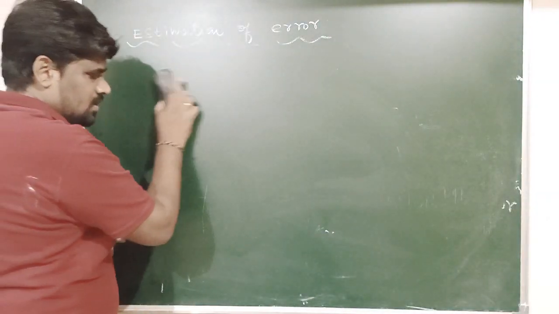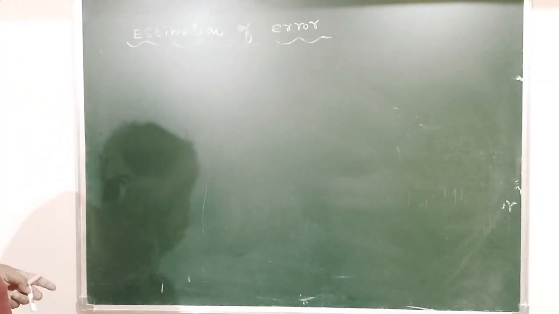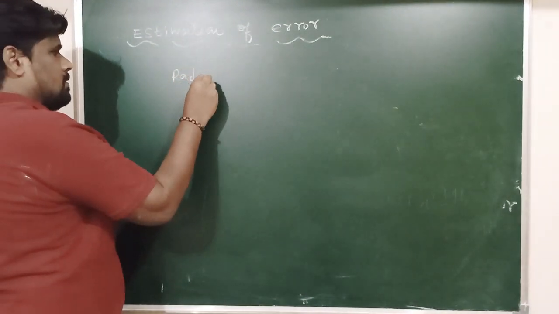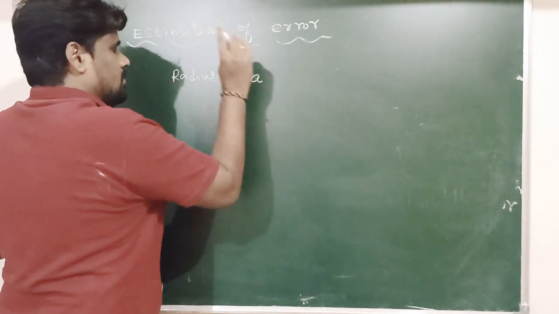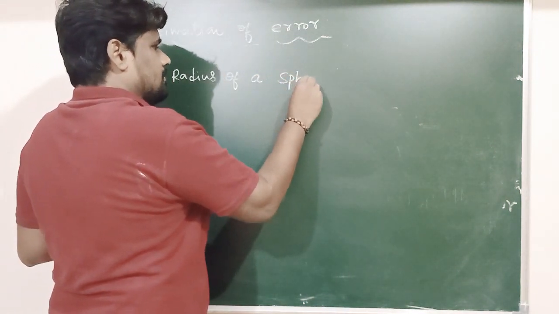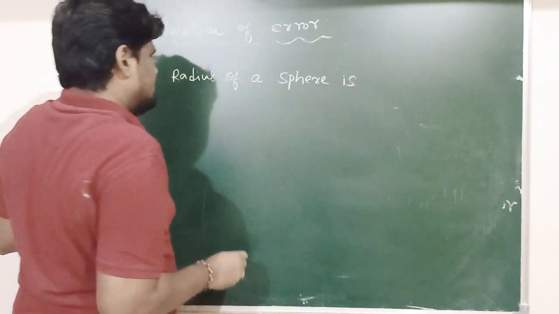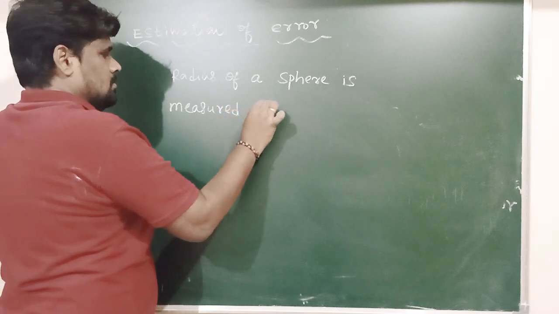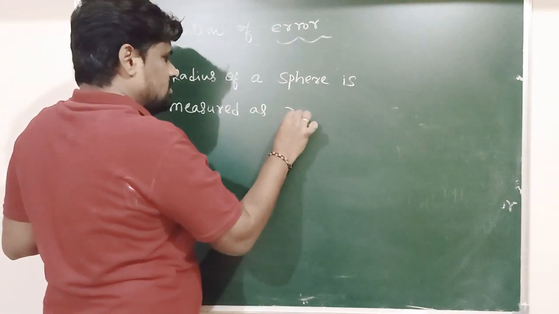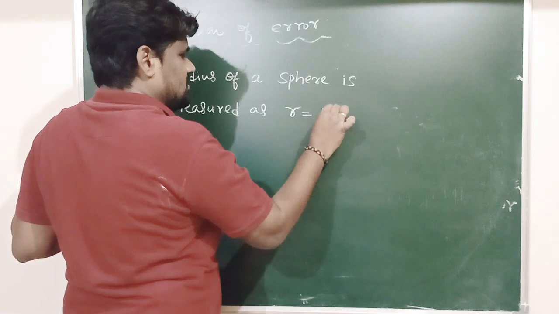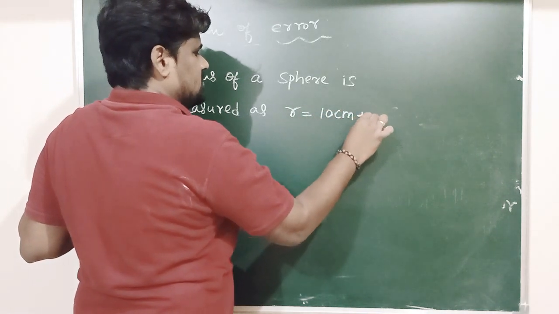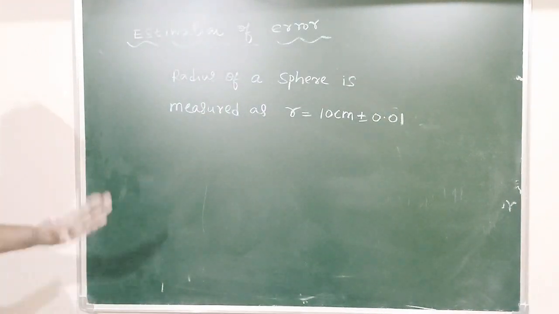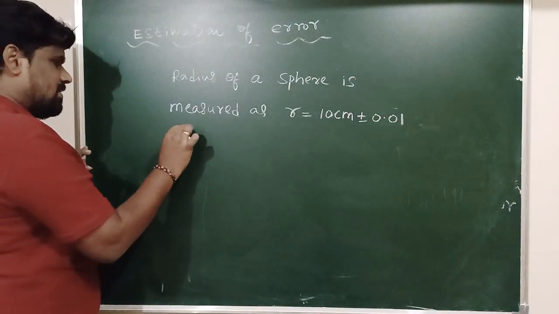The radius of a sphere is measured as r is equal to 10 centimeter plus or minus 0.01. So this is the measurement of the radius. What is the maximum